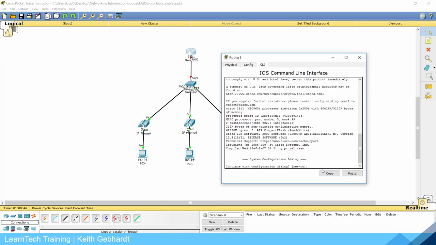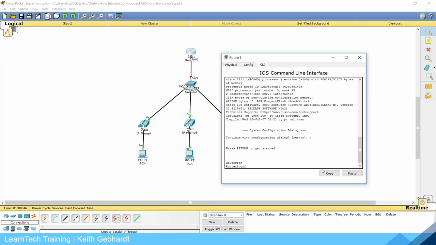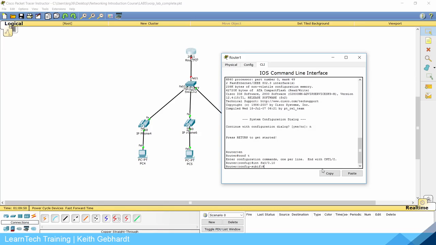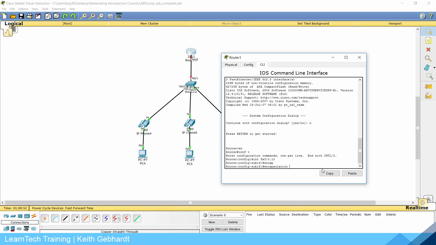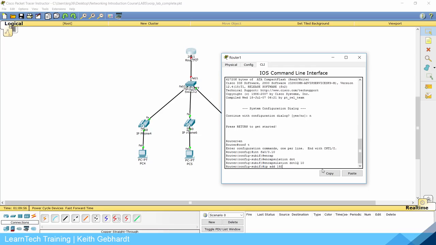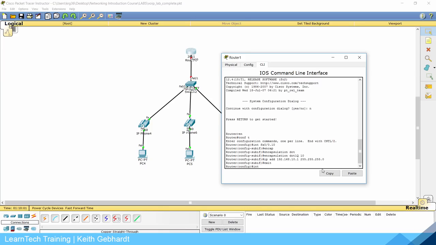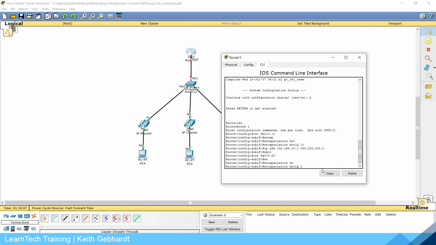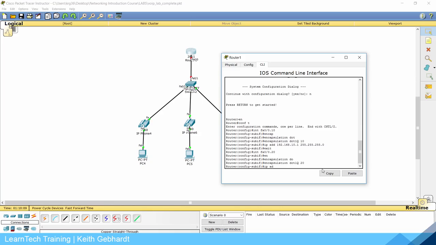So when we get the dialog message, we're going to say no, get into global configuration mode, and we need to do interface FA 0/0.10 for VLAN 10. We're going to encapsulate that using dot1Q, say 10 for the VLAN ID, IP address 192.168.10.1, 255.255.255.0. Exit that. We're going to do interface FA 0/0.20, encapsulation dot1Q and 20 for the VLAN ID, IP address